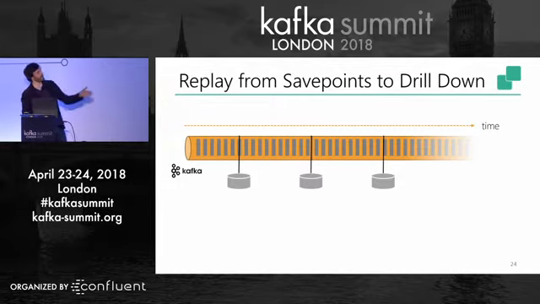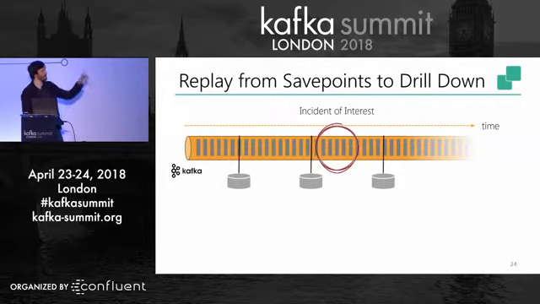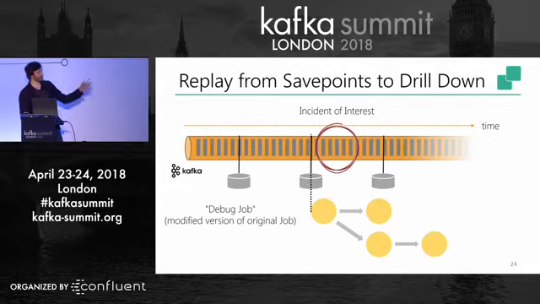If you then figure out, let's say a day or two later, that there's something that was happening here, an incident of interest, maybe a bug that you want to debug, or you made a decision that you think you shouldn't have made and you want to figure out why you made that particular decision, you can take the latest prior snapshot and create a modified version of your jobs. Say something that filters out a specific user ID and runs it through a separate path to output more trace output or more debug logging than you can afford in live production, because otherwise you would overwhelm your logging system